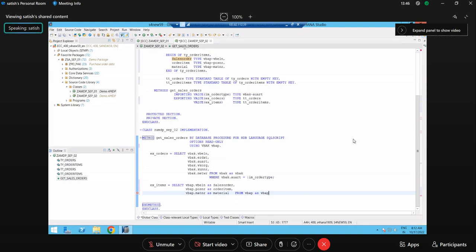Now see here, I'm going to use inner join, followed by a colon and the name of the internal table, to which internal table you want to join. If you want to join a standard table, no need of colon. Colon ex_orders as order headers. Anything which is an external variable and not part of any database, you need to use colon, guys. See here, equal to colon, this is also an external variable not part of a database, so we use colon. Here also colon, followed by the name of the internal table that you want to link